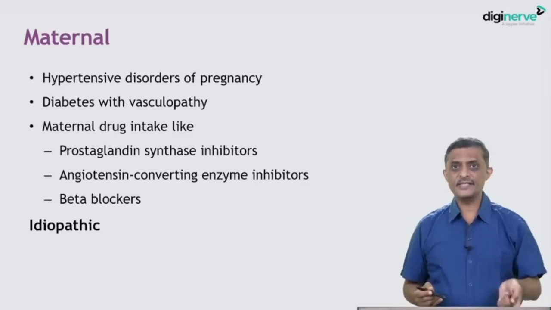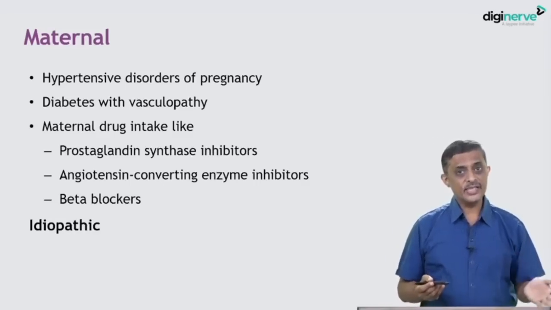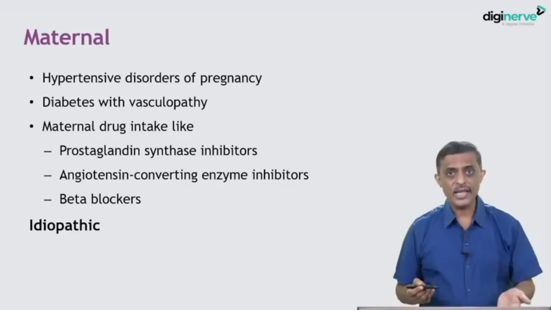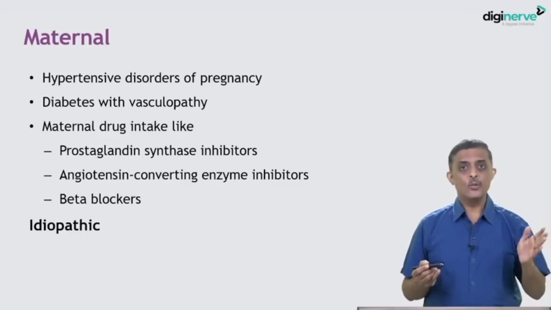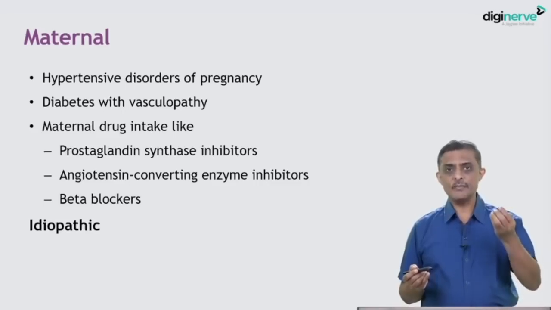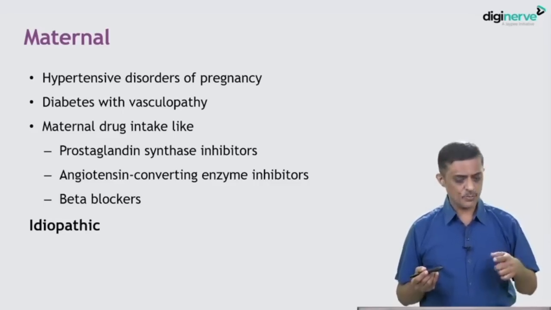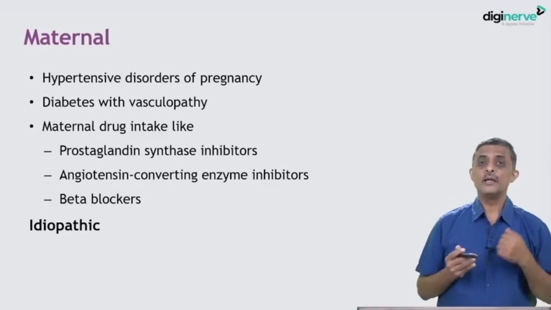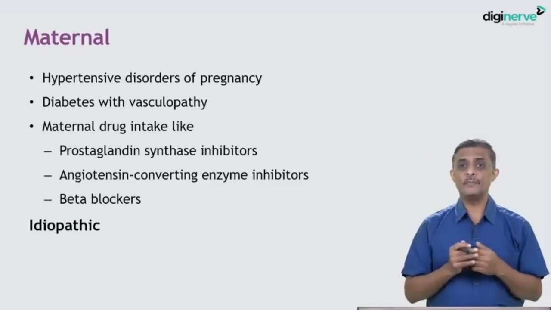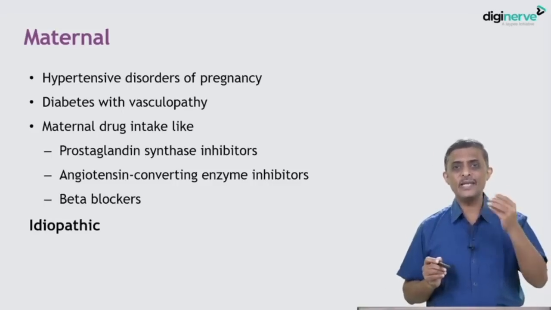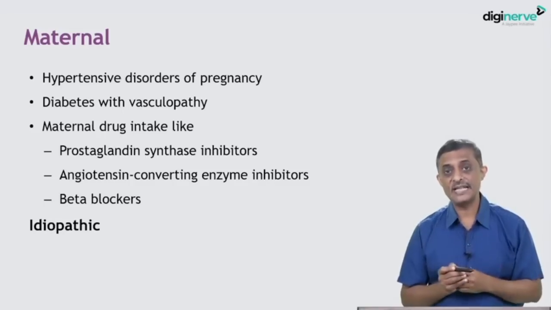It occurs in pre-existing diabetes. It doesn't occur in GDM. In GDM, you see the other way. You see more liquor, polyhydramnios. But in case of pre-existing diabetes with vasculopathy, which can be easily diagnosed by your retinal examination, if there is a retinopathy in such patients, you may encounter oligohydramnios. So diabetes with oligohydramnios will many a times prove that I may be dealing with a pre-existing diabetes even if the patient doesn't